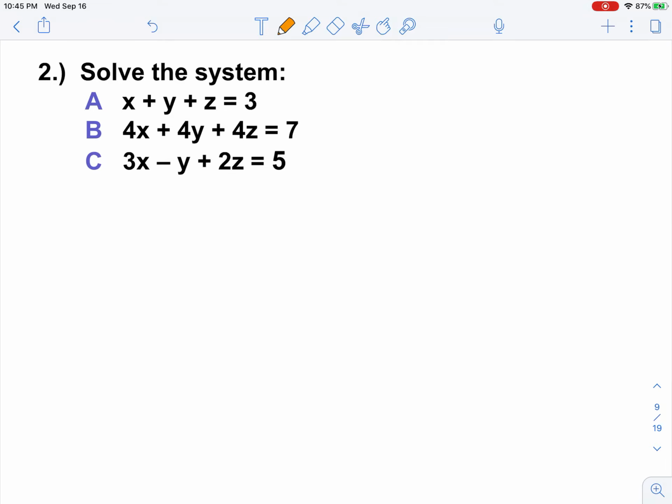Another one for you to try on your own. Please pause, do it on your own, and when you hit play again, I will continue. Okay,